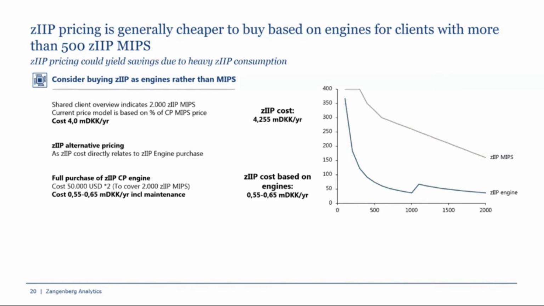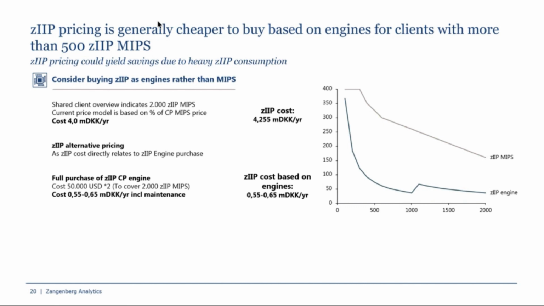When you get to a certain size, and this follows the increments of performance, you need to take into account what kind of machine you're running on, business class, enterprise class, and different series and so on. But basically, if your SIP consumption takes up half or close to a full dedicated processor, it will be way cheaper to buy it based on engines,